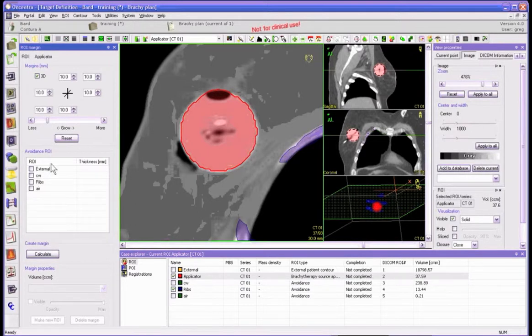like that. And in this case, we want to avoid the chest wall. That's why we've drawn it there. And we also want to avoid the external. And on the external, we'll actually want to put a margin to the skin. Now with the external, I'm going to give myself a margin to the skin of 5 millimeters here. So when I calculate this margin,